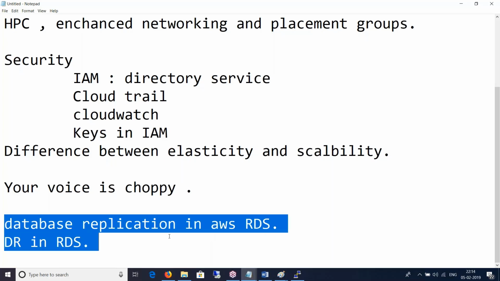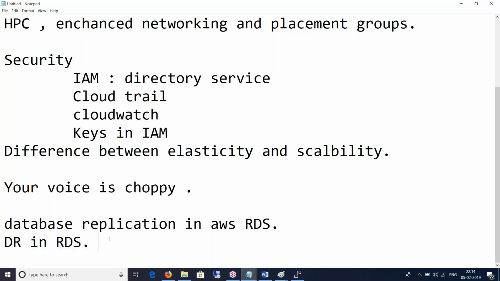So your question was, how do you set up database replication in AWS RDS and disaster recovery in RDS? Is that right? Sorry, I got disconnected for a moment. Would you please repeat? Okay, I was trying to paraphrase your question. Basically, you're more inclined towards database replication in AWS RDS, right? And as there are options available in Azure, probably it's not there in AWS RDS, is what you were saying, right?